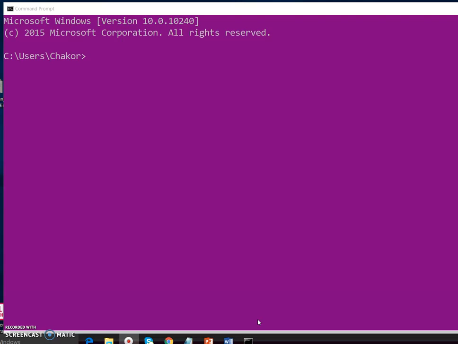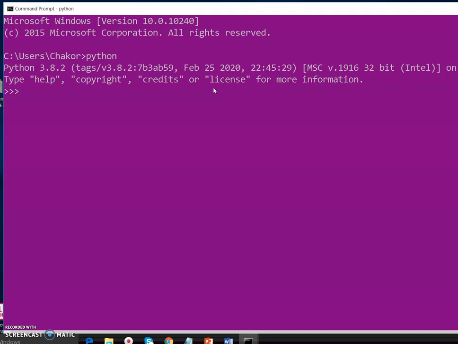Now I am going to run these methods through the command prompt. So just type python, and then import the os package to perform operations on the directory. Import os.